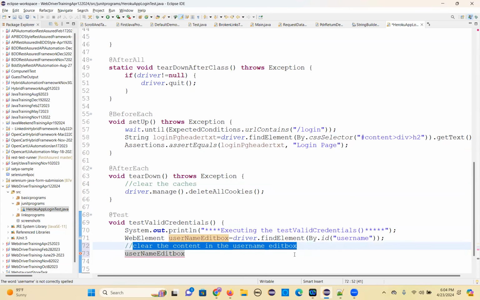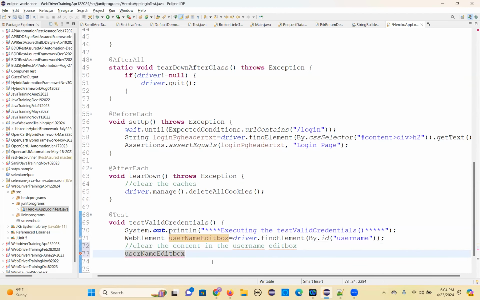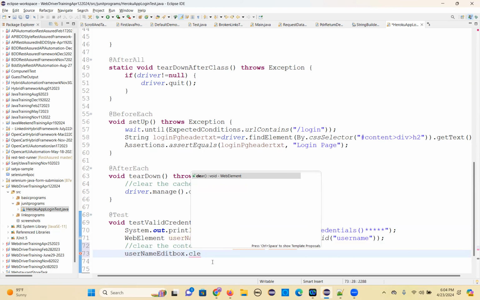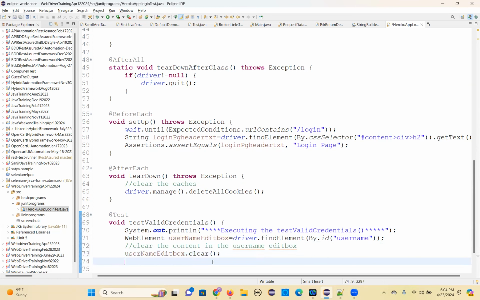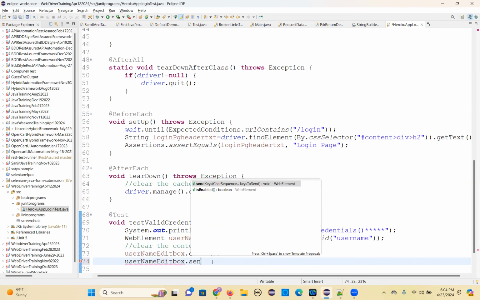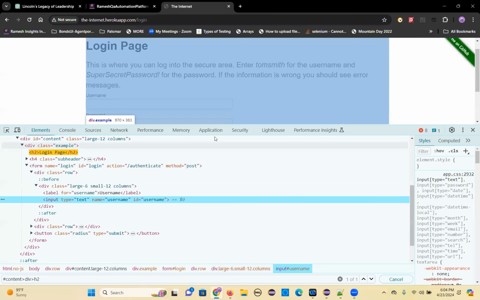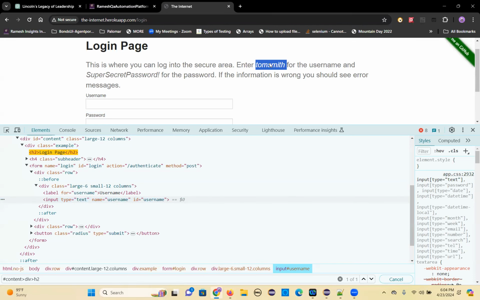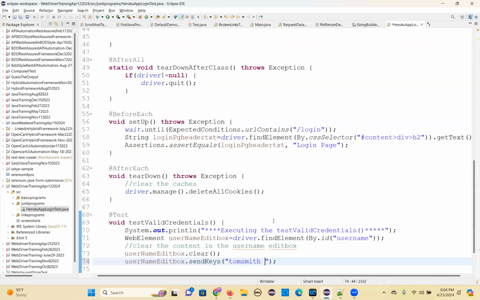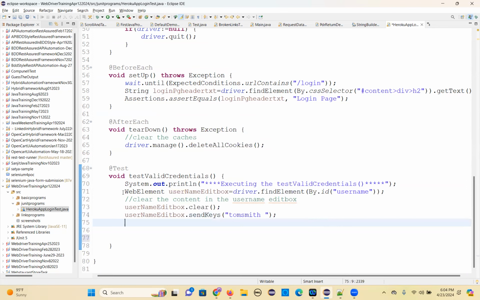In the statement itself, the method name. Clear method. Clear method, right? Why are you struggling? That means you are not reading. It's very, very clear. Then type send keys. It's not a hard method. I don't know why you're struggling for that. So take username